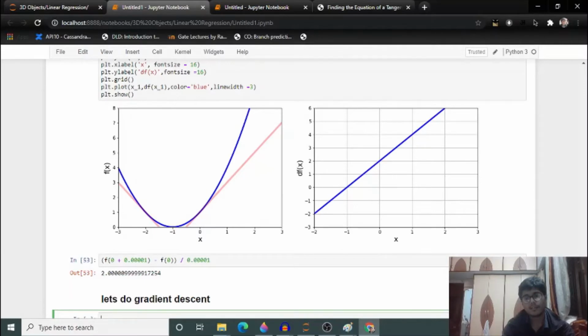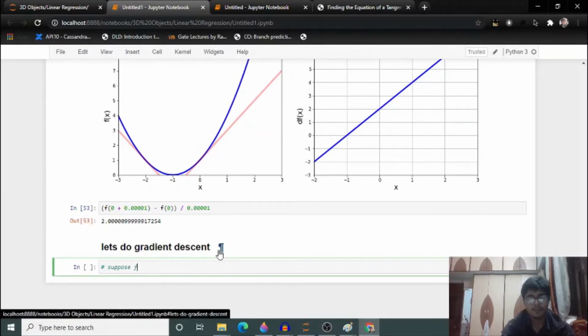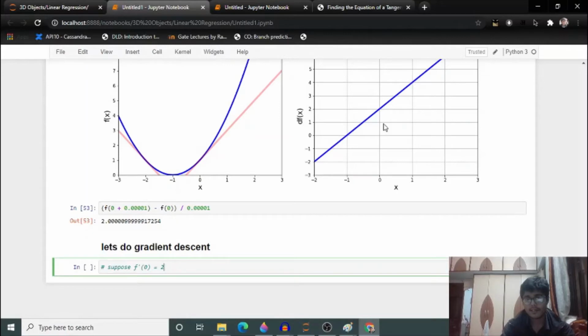Let's do this. I will just write comments here. Suppose f prime of 0 is 2, because you can see here it is 2.